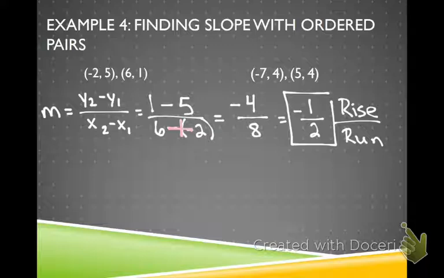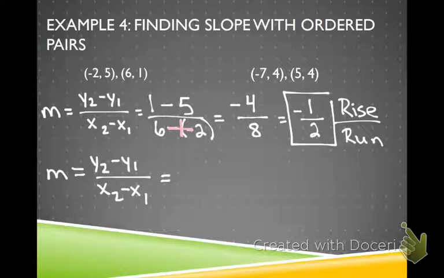All right, so we have m equals y2 minus y1 over x2 minus x1. Again, which one's my y2 value? 4. Which one's y1? 4. x2 is 5 minus, I've got a double negative again. That's going to change to a positive. Uh-oh, what's 4 minus 4? 0